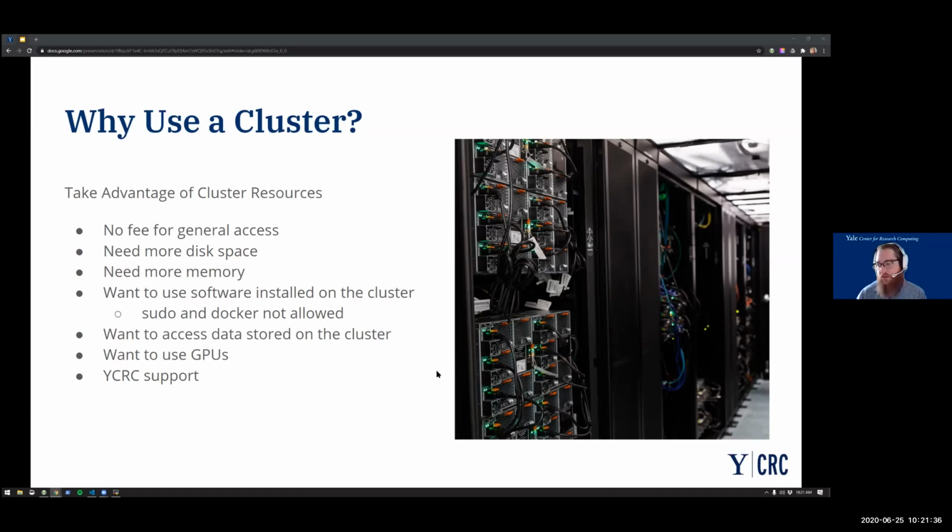And we also have a decent number now of compute nodes that have GPUs in them. And so this is really nice for image processing and the sort of machine learning pipelines that have become more popular.